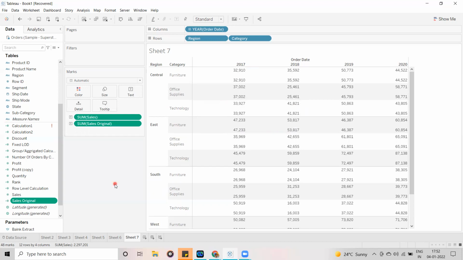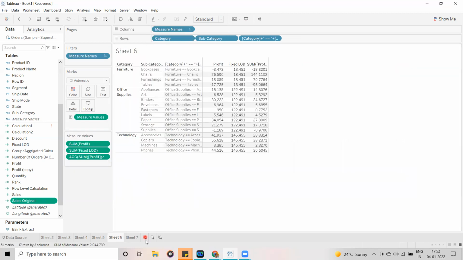Now guys, what I want to do is show the percentage. The customer is expecting the percentage. See guys, how is the percentage going to be calculated in general? Let me give a simple example.